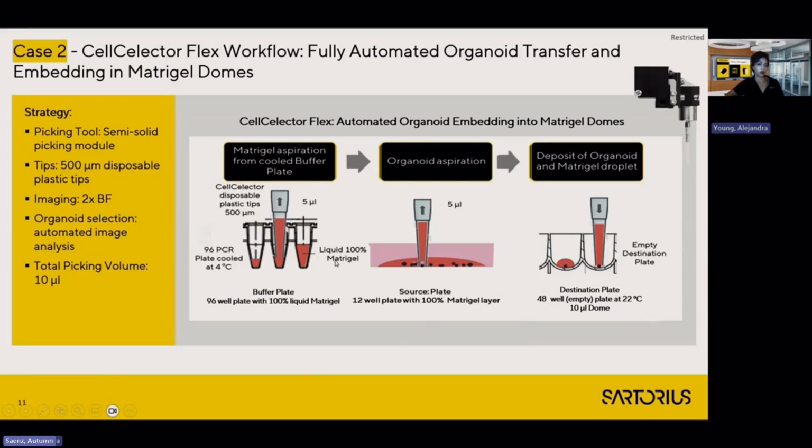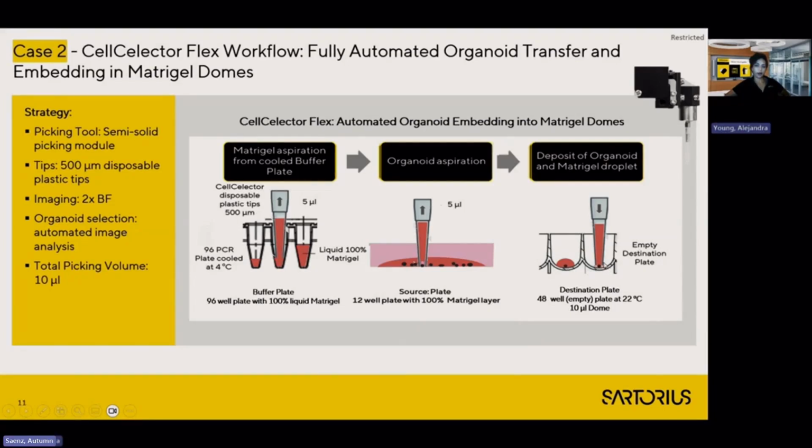So to transfer that organoid in 10 microliters, what we did, we took 5 microliters of the liquid Matrigel, and then went and picked the organoid with another 5 microliters of the 100% Matrigel layer, and deposited that 10 microliter volume containing the organoid into the empty destination plate.